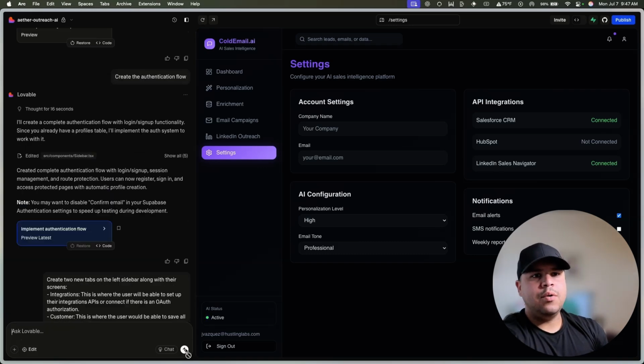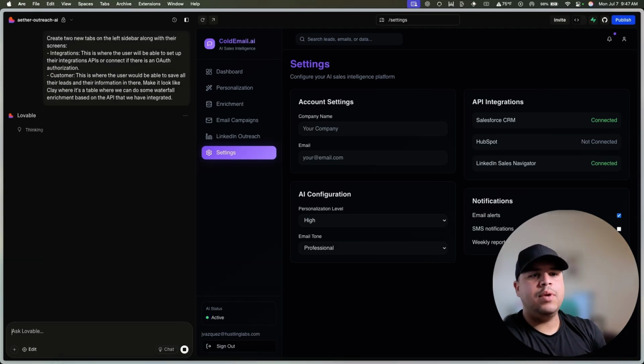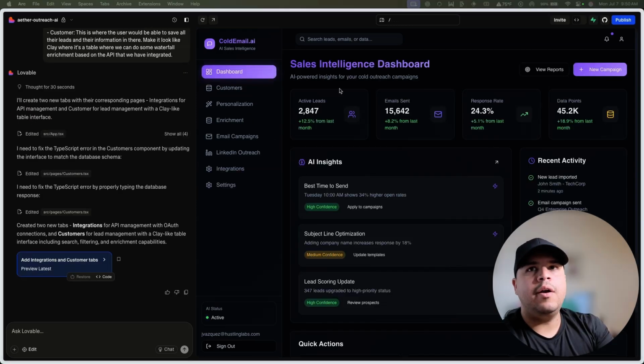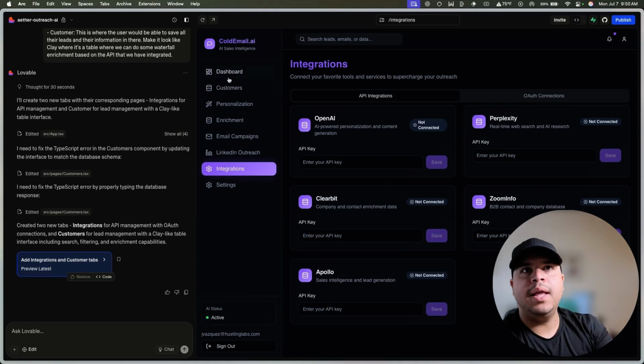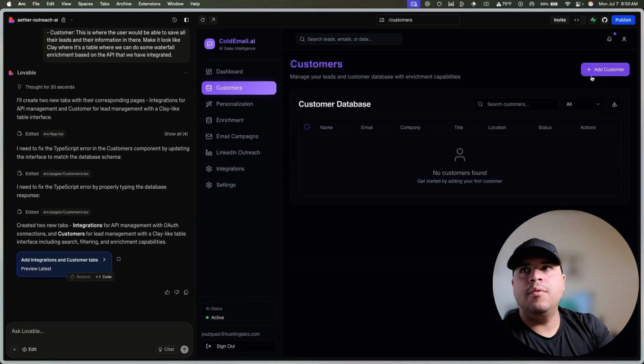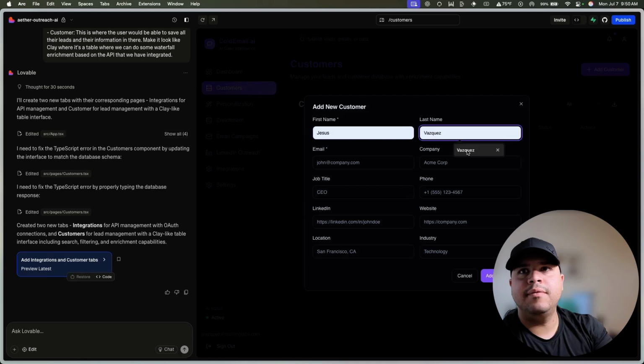All right. So it's broken down, it's sent. Let's see what it creates for us. All right. And it looked like it created tables. So number 1, we got the customers. Number 2, we got integrations. So for the customers, let's